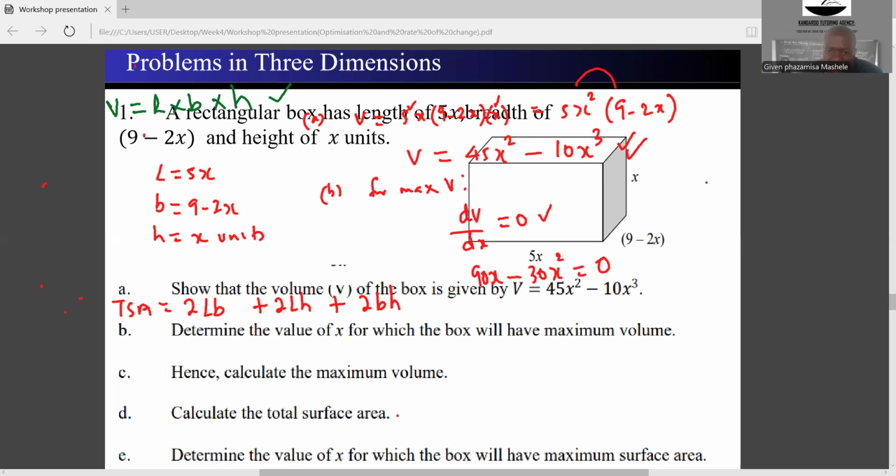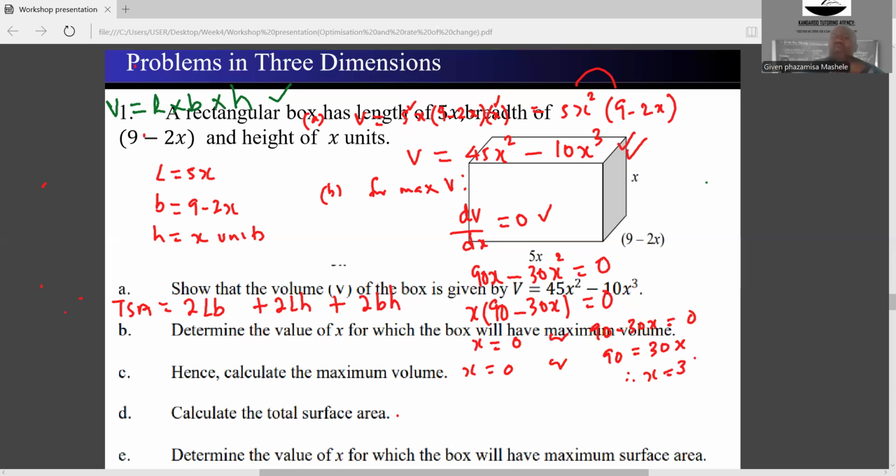So solving for x here, we can take a common factor. Let's just take a common factor of x. Then we're going to remain with 90 minus 30x equals 0. So x equals 0, or 90 minus 30x is 0. So we're going to say x equals 0 or 90 equals 30x. So we divide everything by 30. Then what is the value of x? It's 90 divided by 30. Then this gives us x is 3